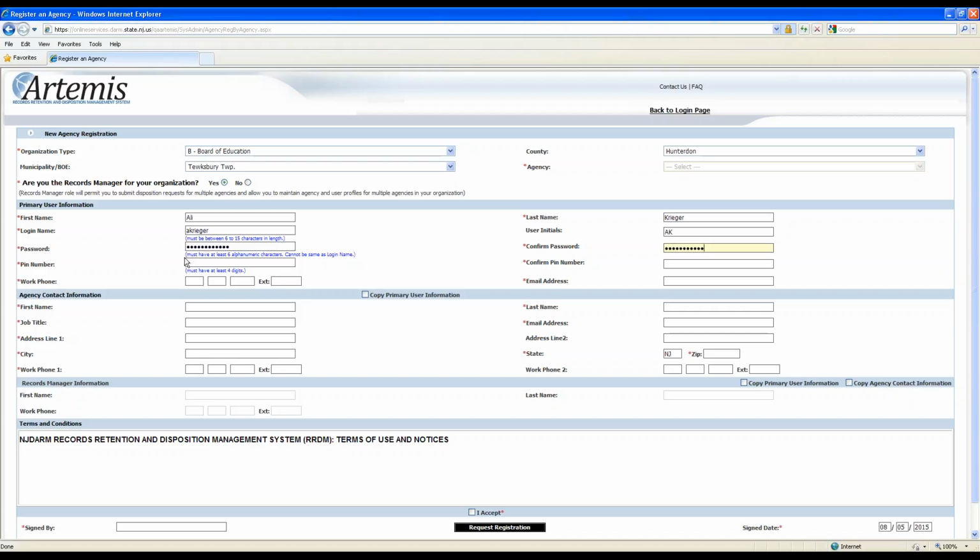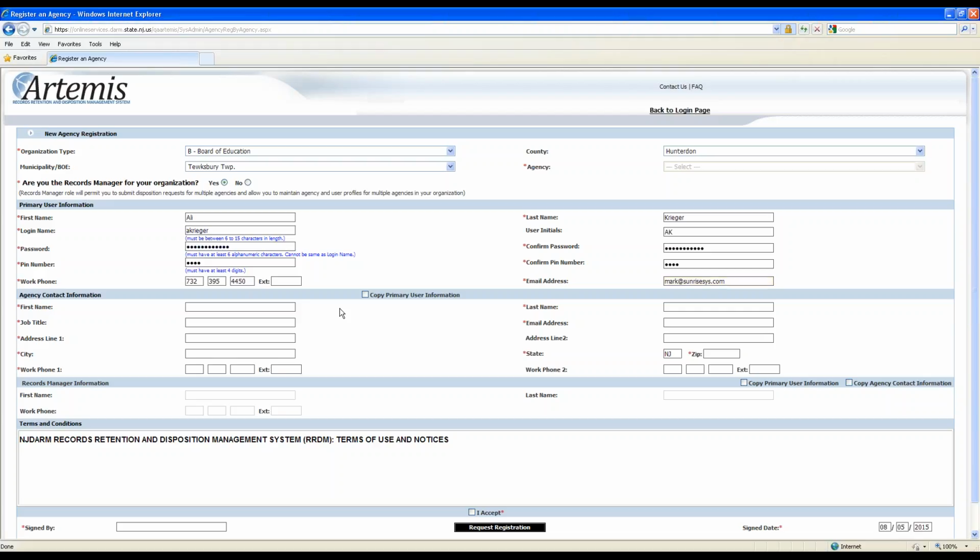The system also utilizes a PIN number later on, so we ask that you pick a PIN number. Typically, a 4 to 6 digit numeric number will suffice. I'm just going to pick a quick PIN number here, and then I'm going to put my phone number in as well. That's a required field, along with my email address. And here, I'm going to actually use my own email address.